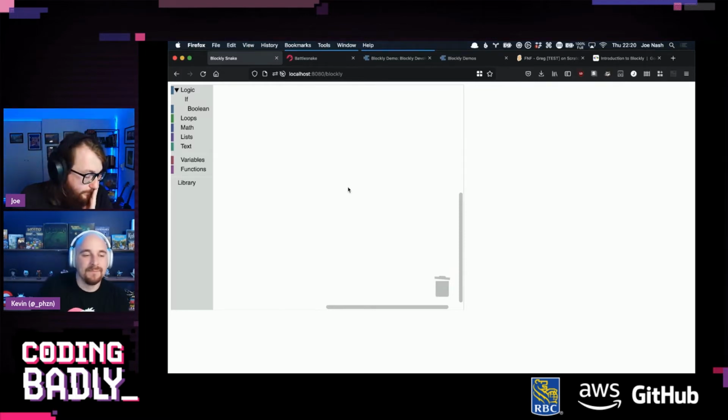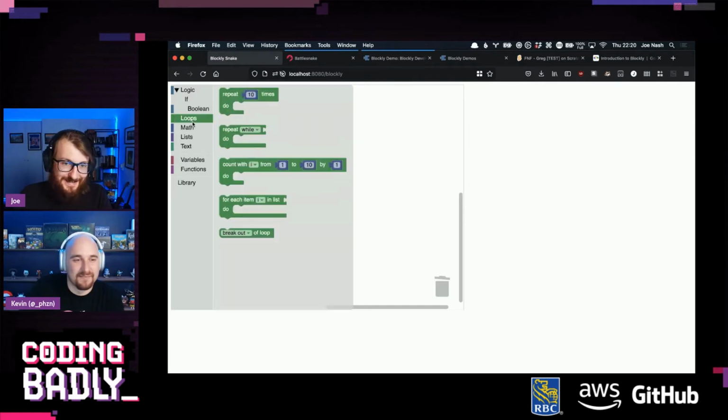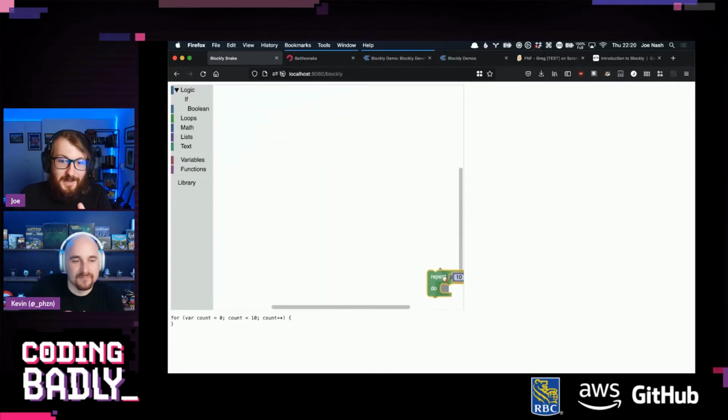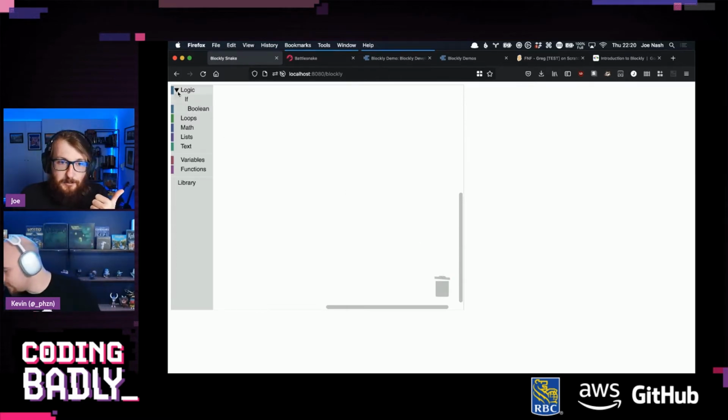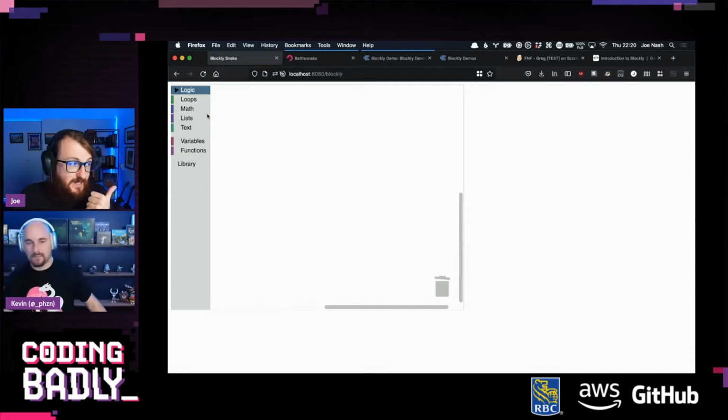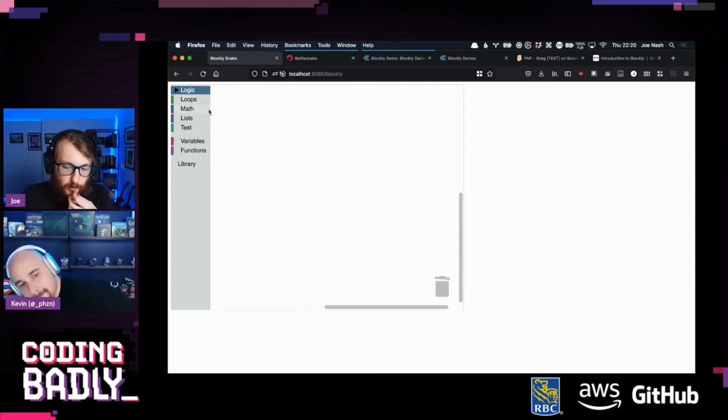Right. So last week we had several problems, which was every time we restarted the server, we lost everything we had put in here. That's not going to be viable. So we wanted to do saving and loading. And we need to build these custom blocks so that we can actually interact with our Battlesnake. That's an important one.